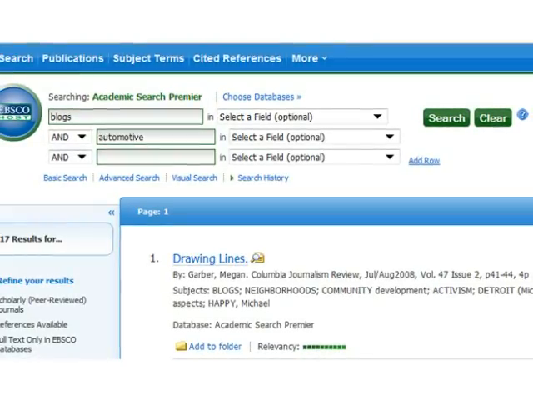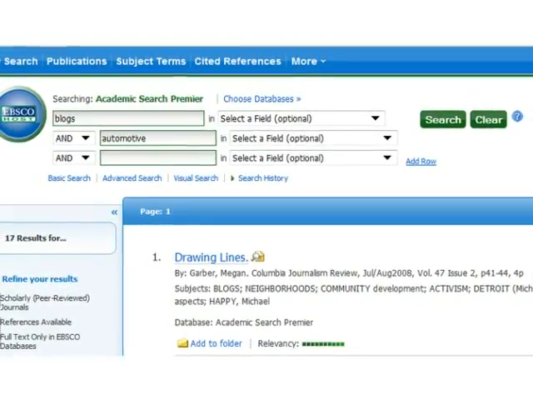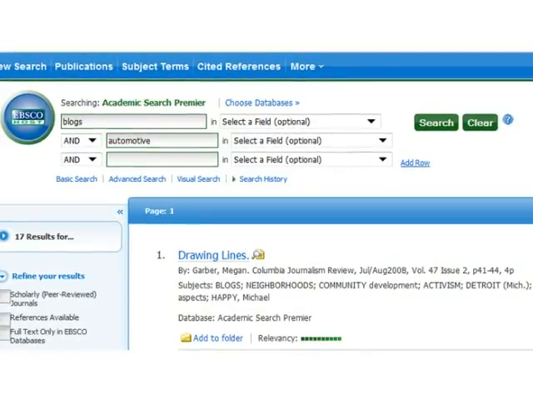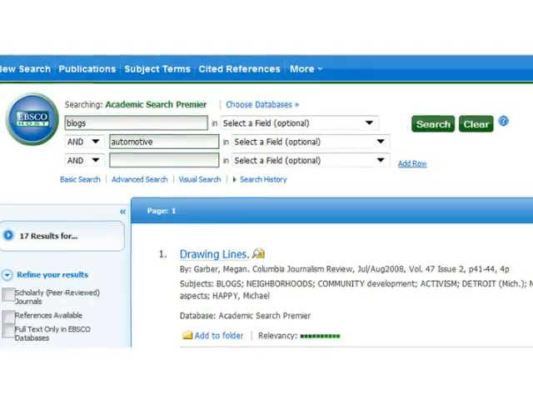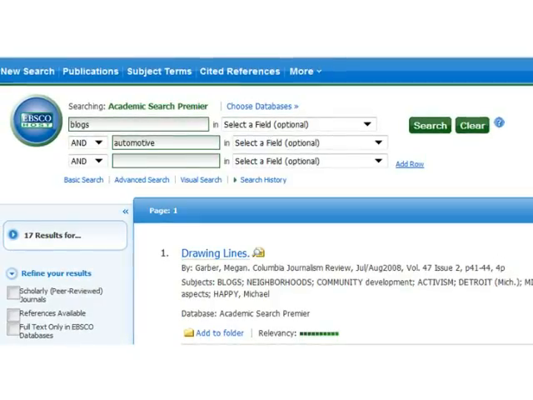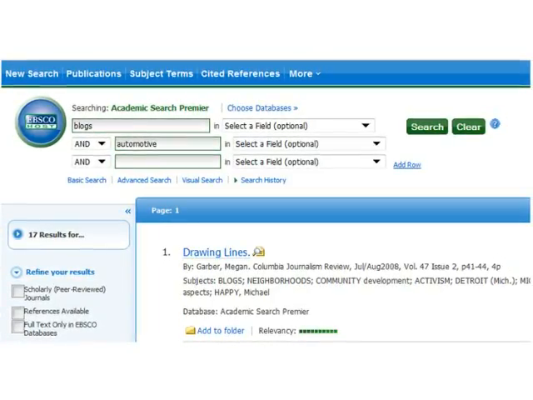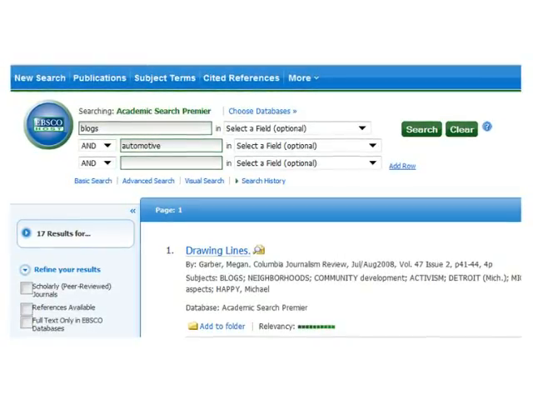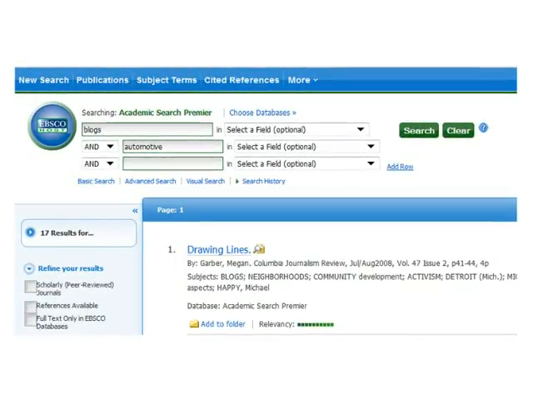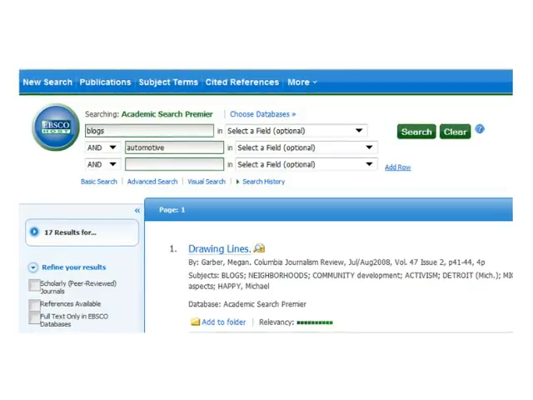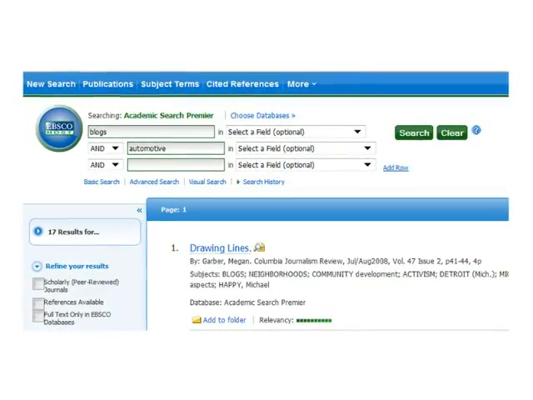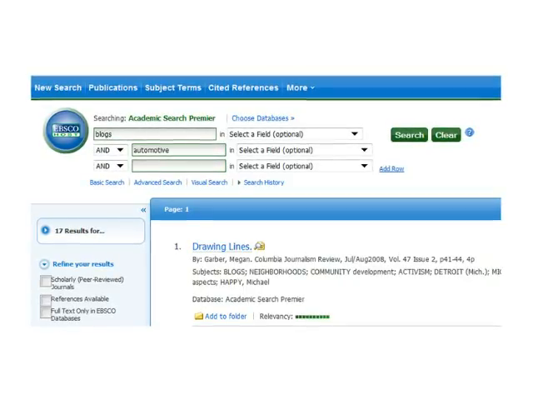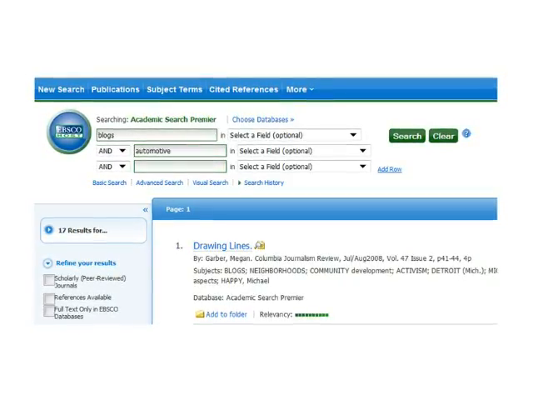For this next slide, we tried blogs and automotive. I know there are many car lovers out there. We got 17 results, but you could have tried cars. You could have tried racing. I tried NASCAR and found some results. Once again, not everything you get is going to be a blog. Not everything you get is going to really talk about blogs. Basically, you're just going to get articles that have the word blogs in them, and also articles that have the words NASCAR, military, whatever. So this is kind of a scattergun approach. It's kind of wide-ranging, but I just want you to get used to it, all right?